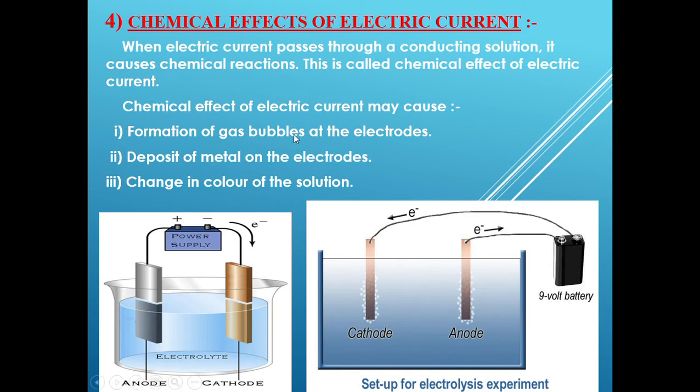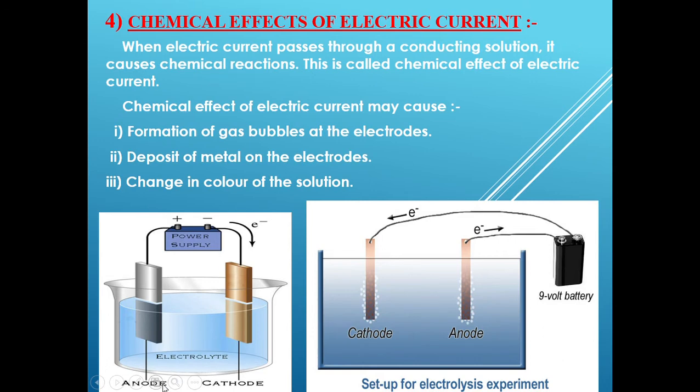Then what are the chemical effects of electric current? So children, you know that there are two types of changes, the physical change and a chemical change. A physical change means something changes in the form, say water is solidifying into ice and ice is melting into water, all these are physical changes, means chemically it is H2O, it is remaining H2O. But when it is coming to a chemical change, there is a change in the formula also sometimes. So in this case, when an electric current passes through a conducting solution, it causes chemical reactions.